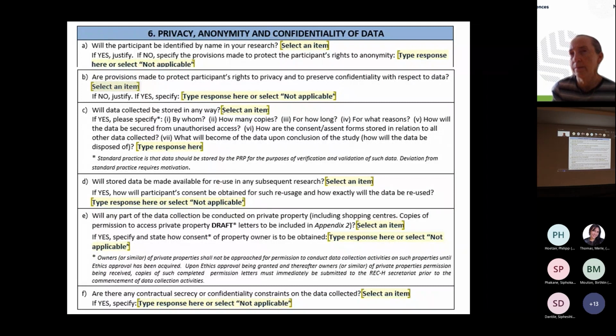Similarly, this happens sometimes in the pharmaceutical industry when you do research on certain processes in industry that are still in their infancy, and you're testing a process. There are constraints on publication of that. So there may be contractual secrecy. Okay, confidentiality. Often this goes with a non-disclosure agreement